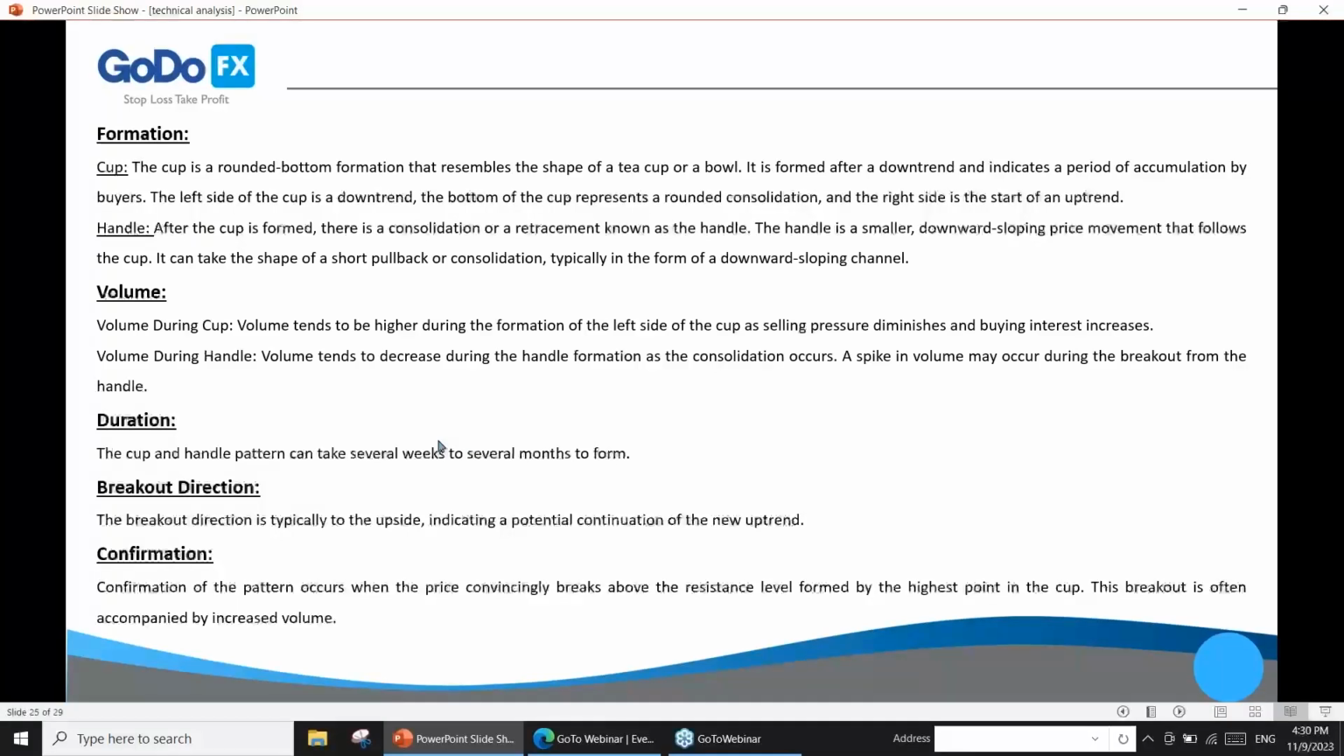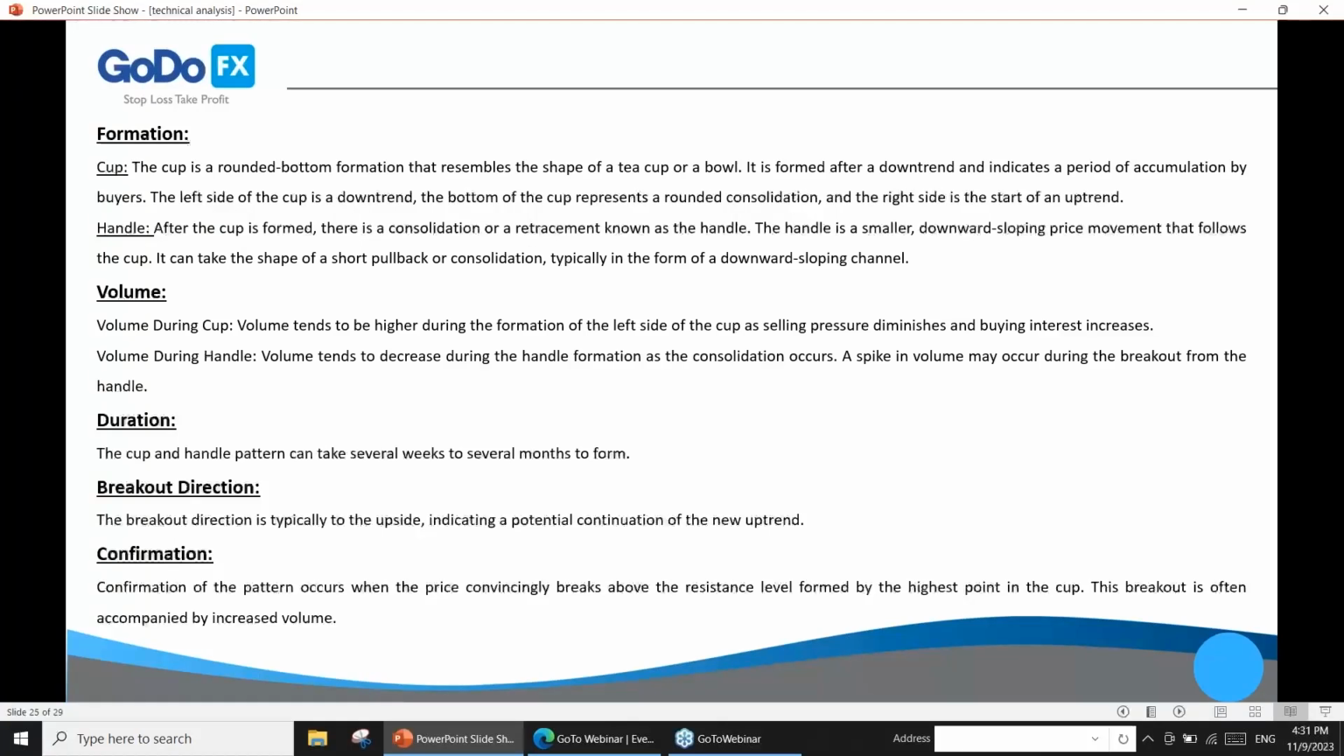Concerning the handle, after the cup is formed, there is a consolidation or a retracement known as the handle, and the handle is a smaller downward sloping price movement that follows the cup. It can take the shape of a short pullback or consolidation, typically in the form of a downward sloping channel,